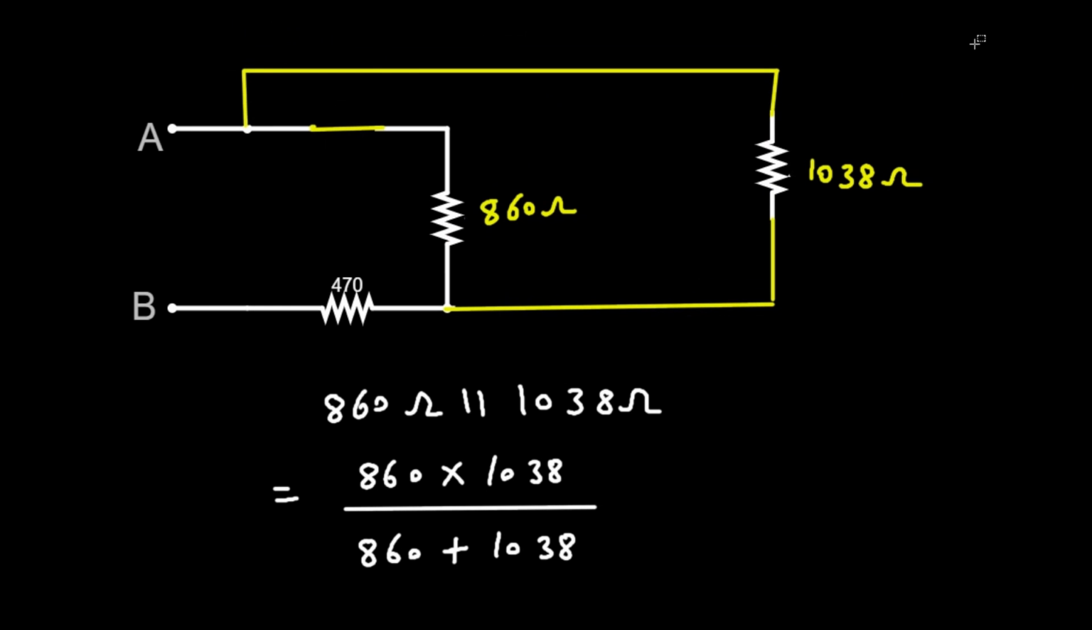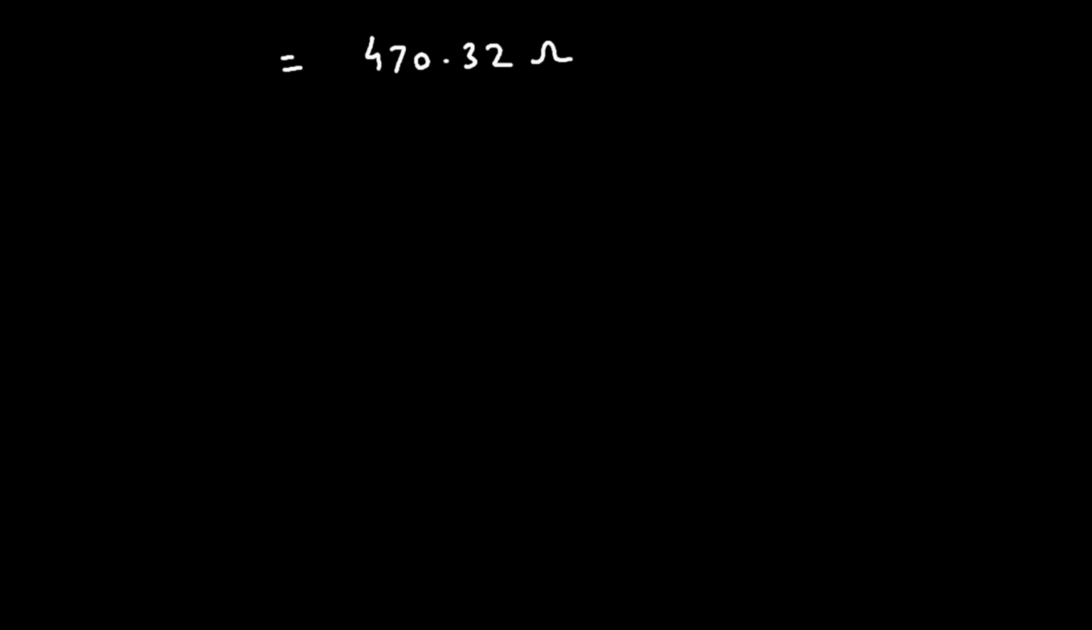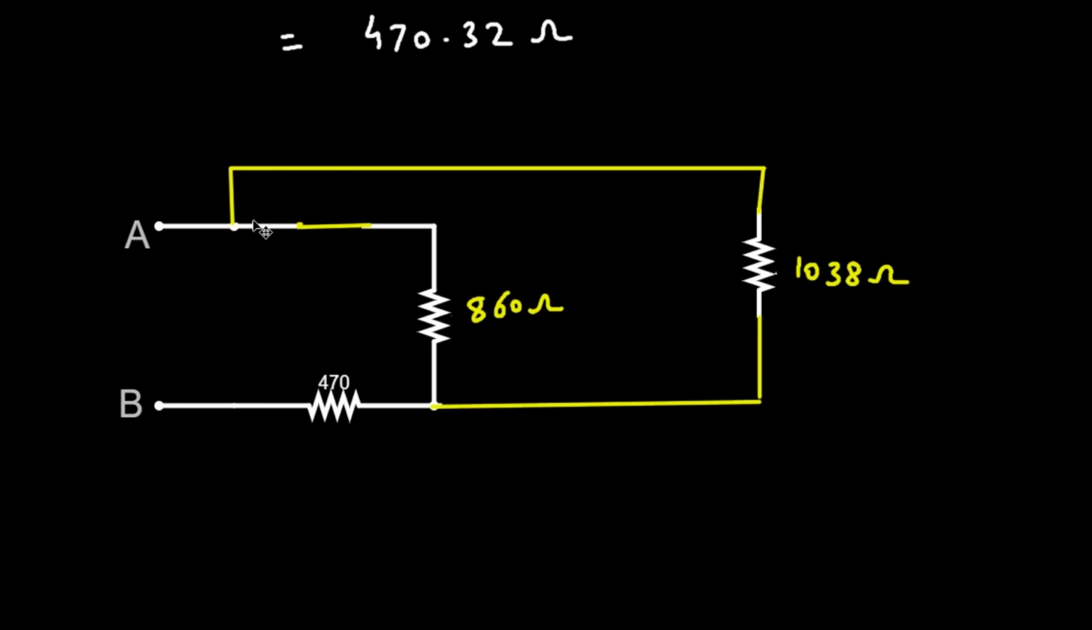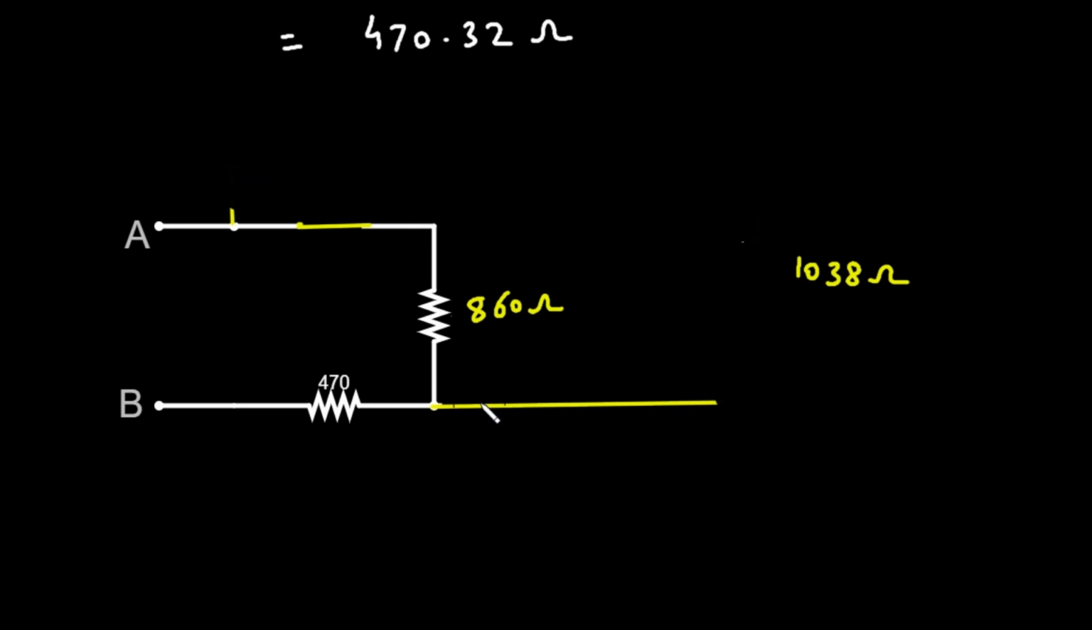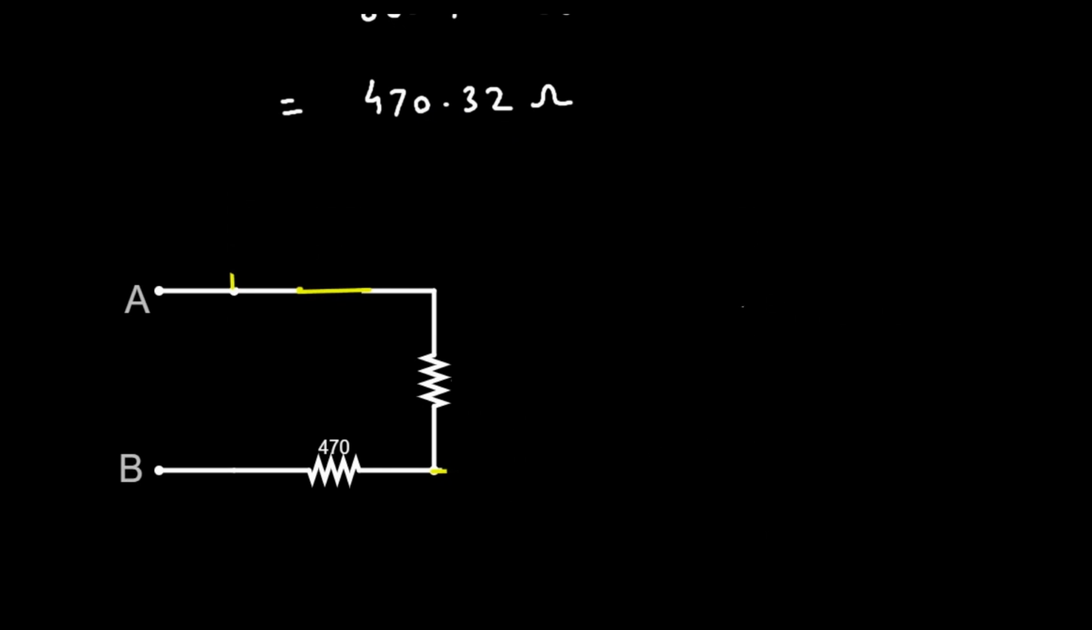So let's copy it from here. Now we can replace these two resistances with a single resistor with value 470.32 ohm. Now these two are connected in series. So therefore here we can write RAB. This is the value for RAB. So RAB is equal to